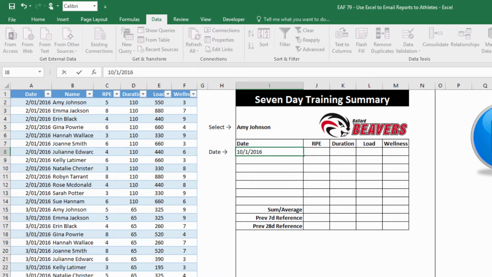10th of the 1st, 2016. I've got a custom date format. If you don't know how to do that, type a date in. You can see up the top, it's still reading it as 10th of the 1st, 2016. It's just representing it in a different way to make it perfectly clear to anyone reading it that it's Sunday the 10th of January. So with the cell selected,